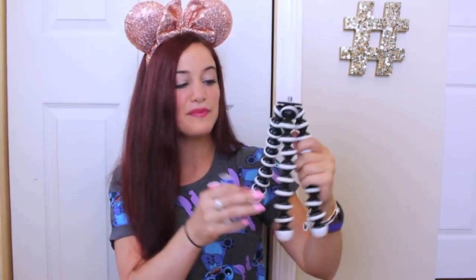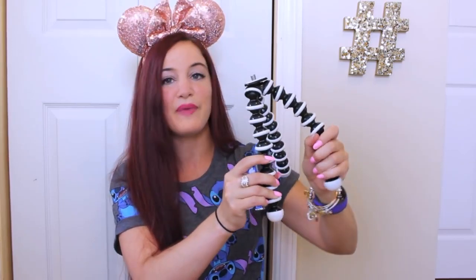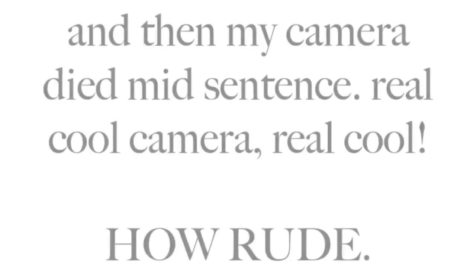Next, I have some gum. I love to chew gum, and they don't sell gum anywhere on the Walt Disney World premises, so I just bring this with me beforehand. And I believe the final thing in my bag, I was inspired by Scott's post from Oh Yeah Disney. He talked about this in his packing post for Walt Disney World, and it's just a little tripod that you could do time lapses with, and it also bends to go around poles, which I thought was a really cool idea. Like if I'm eating dinner and I wanted to do a time lapse, I can bring this. So thank you, Scott, for